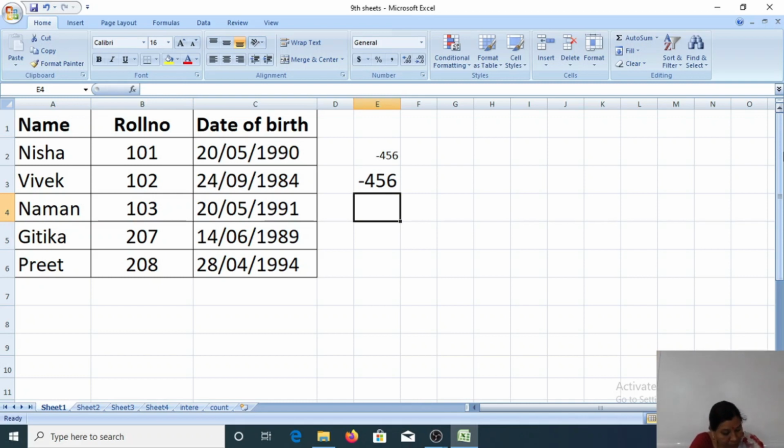Okay. And Excel recognizes this as minus 456. By default, the numbers are right aligned in a cell. Excel ignores a leading sign placed before the number, treating it as a single period, that is, a decimal.